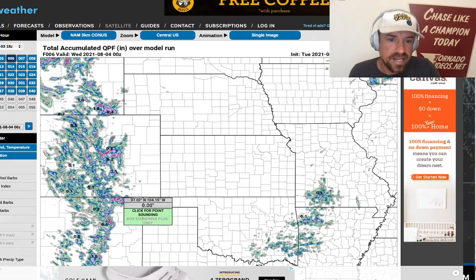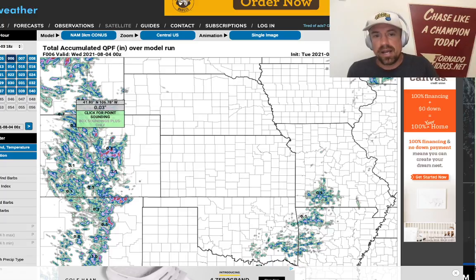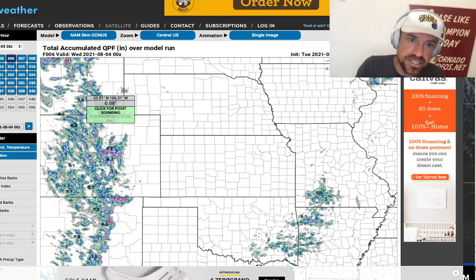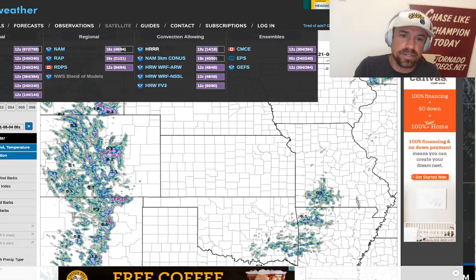and to the west. That's why that flash flood watch does extend down into northern New Mexico, as well as a large portion of the mountains of Colorado. And the Mullen Fire, well to the west of Cheyenne, over southeastern Wyoming, is another one that could generate some very dangerous debris flows. So let's compare the 3 kilometer NAM with the HRRR, which of course will have less